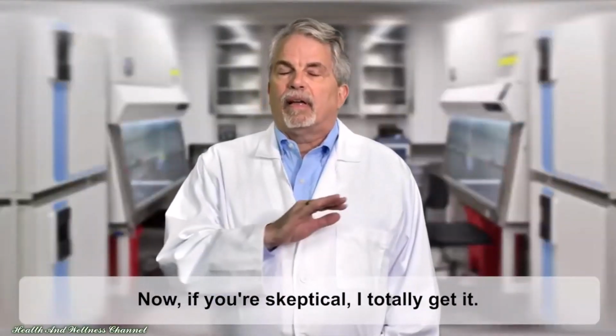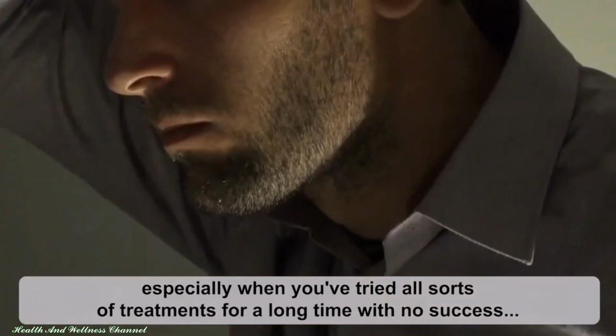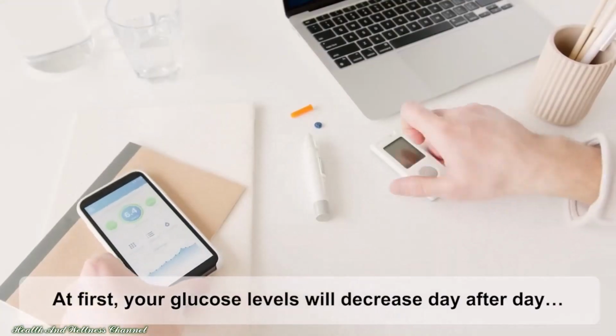Now, if you're skeptical, I totally get it. Emotions can run high, especially when you've tried all sorts of treatments for a long time with no success. But starting today, things are going to change, and you'll reverse your type 2 diabetes. At first, your glucose levels